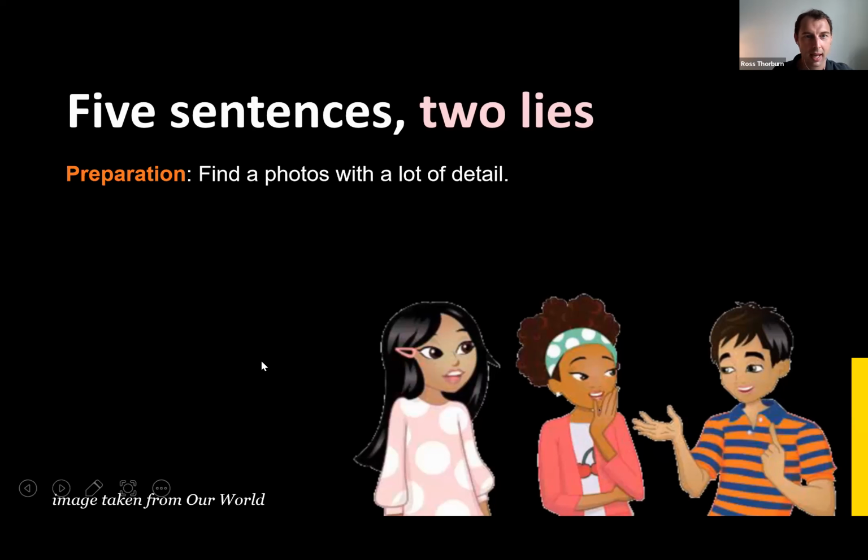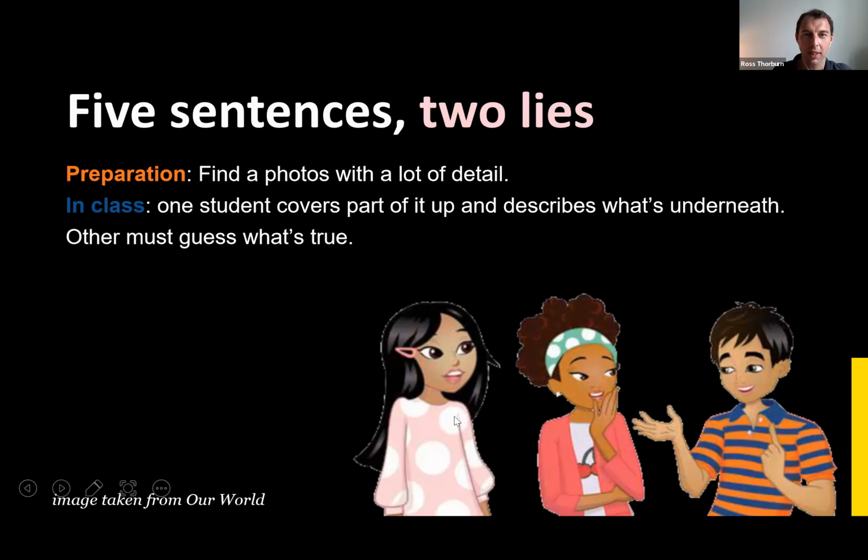And in class, you get one student to cover up part of the photo and describe what's underneath. Imagine the rest of the class can see most of the photo, and one student covers up part of it. They have to describe what's underneath their hand,